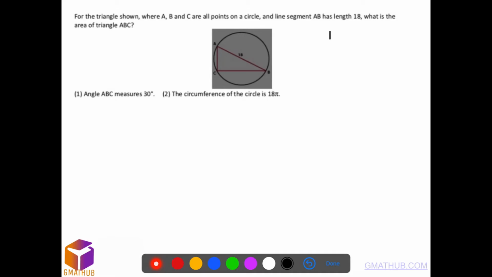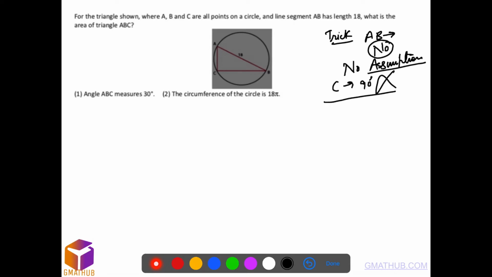And this is the trick question. Why? The side AB looks like a diameter, but is it given in the question that it's the diameter? No. So we cannot assume. Okay, so AB looks like a diameter, angle C looks like a 90-degree angle. No, but we can't assume. Okay. So what is the area of the